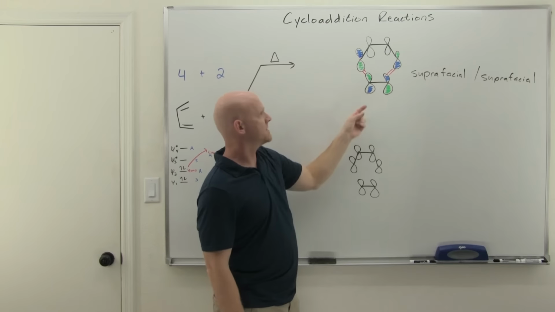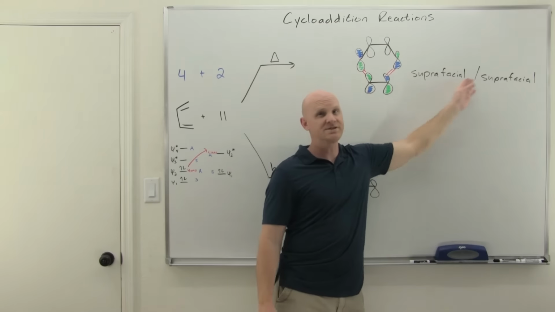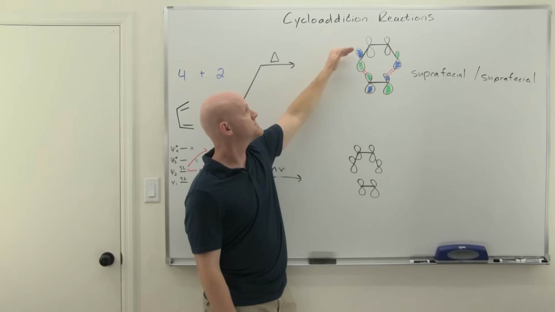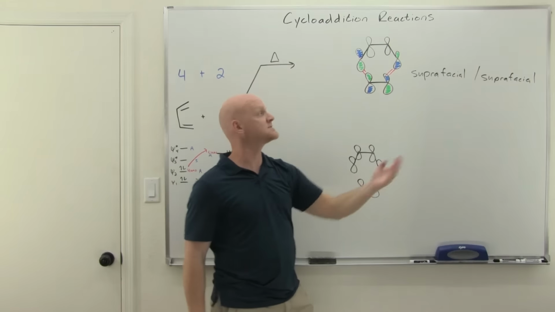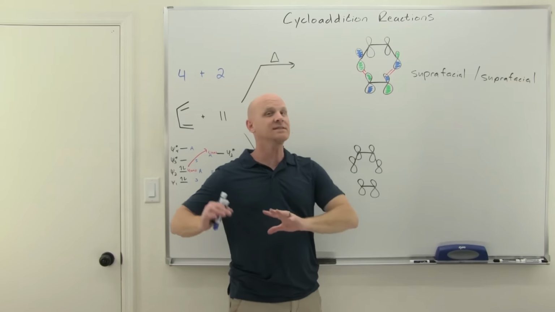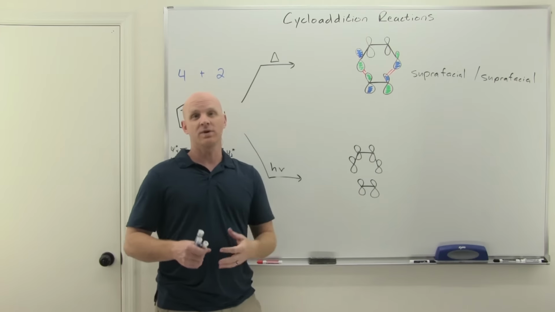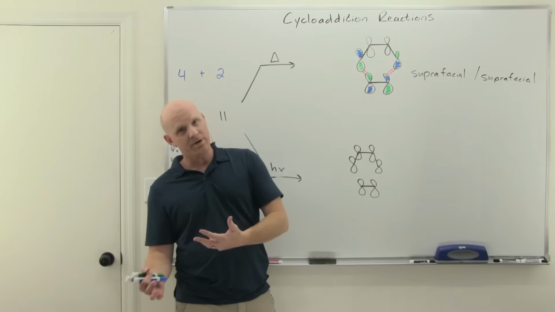And then the ethylene here, same thing. It's interacting from the top lobes on both sides, so it's also suprafacial. And so the suprafacial designation refers to both reactants. And since we've got two reactants, that's why you've got two designations. Now that's suprafacial, and we'll contrast that a little bit later with what's known as antarafacial, where you actually interact with the top lobe on one side, but the bottom lobe on the other side,